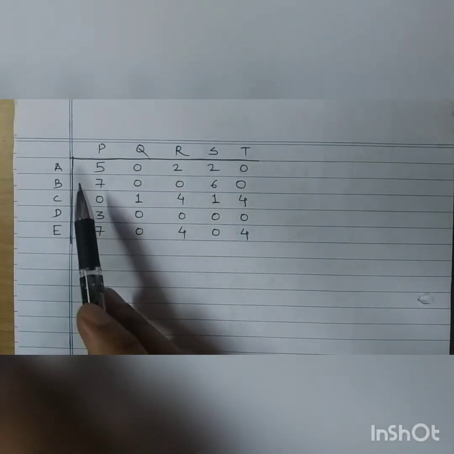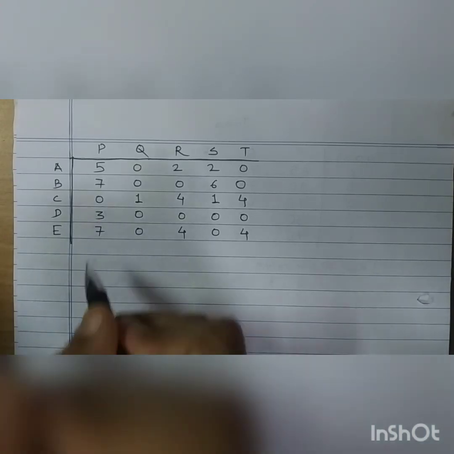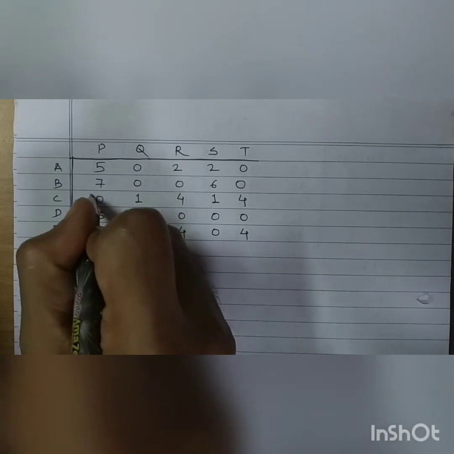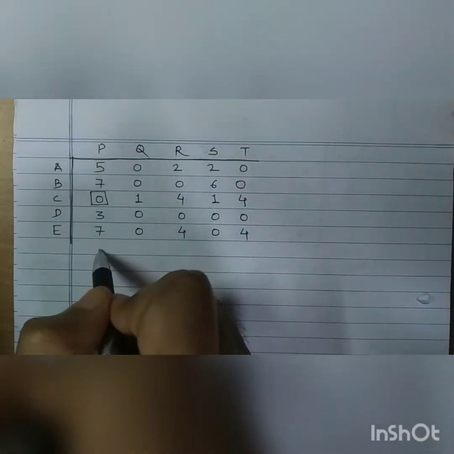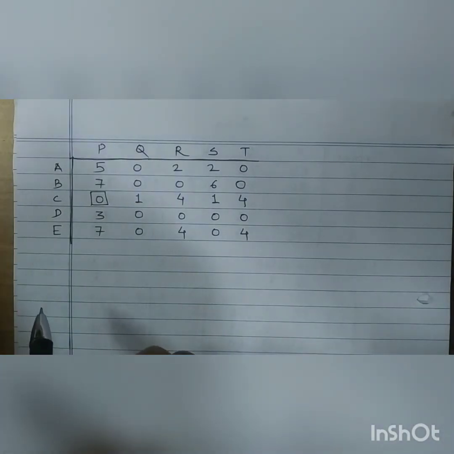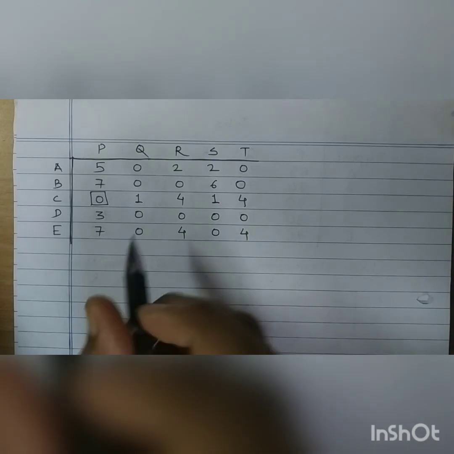So I have redrawn the optimum matrix so that it is easier for me to capture the zeros. Again, here there are so many zeros, so definitely we will find dual solutions. So start capturing zeros. Can you find an alone zero in the first column? Yes. So I have captured this zero, and along with the row and the column, the zeros are cancelled, there are no zeros. Again, go for the alone zero.